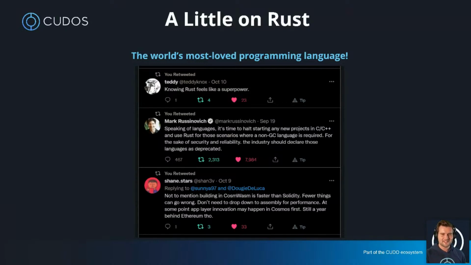For the sake of security and reliability, the industry should declare those languages as deprecated, which is a very strong statement on C and C++, which in terms of those efficient languages left, Rust is the one to sort of take over there in the CTO of Microsoft Azure's words as well.